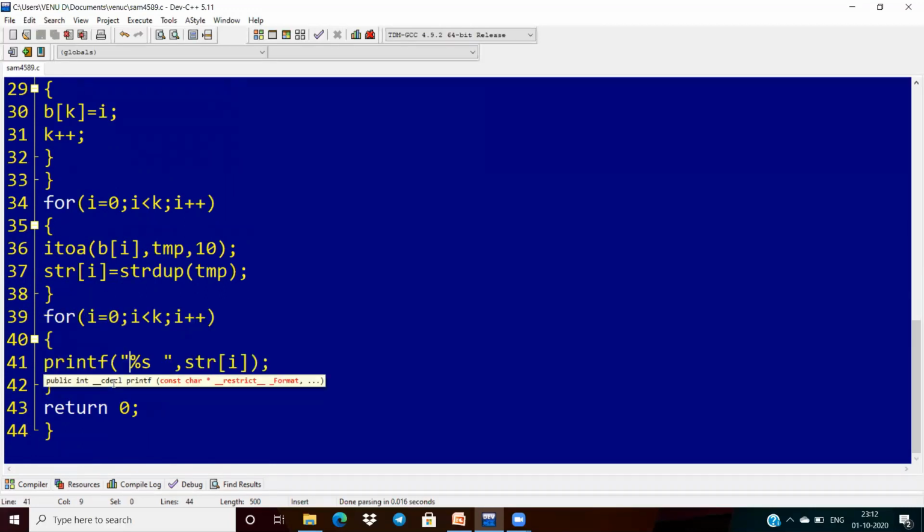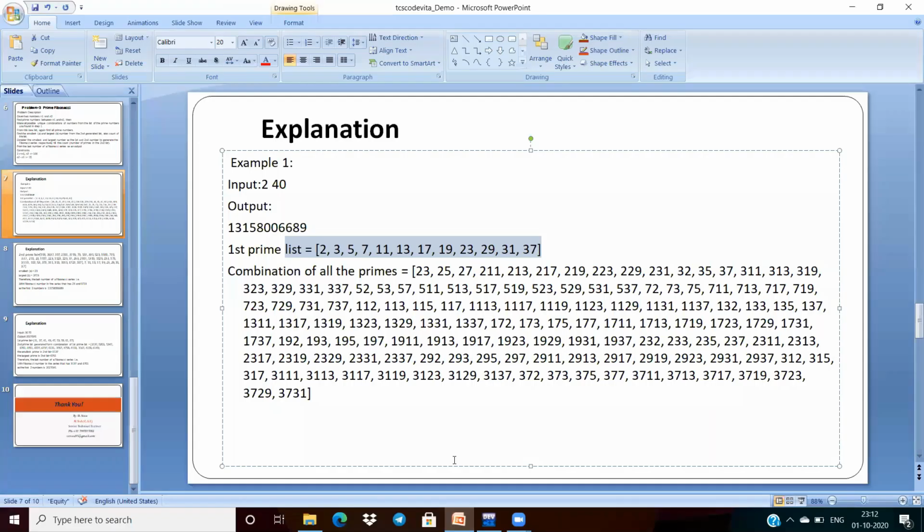Now, once we have converted all the integer array into the string type, we have to make a list like this. We have to concatenate each and every number with the other.